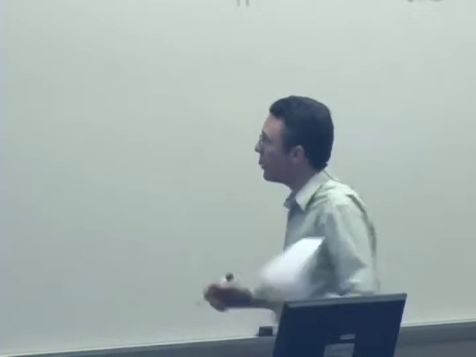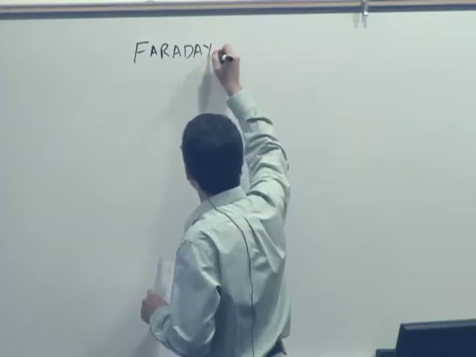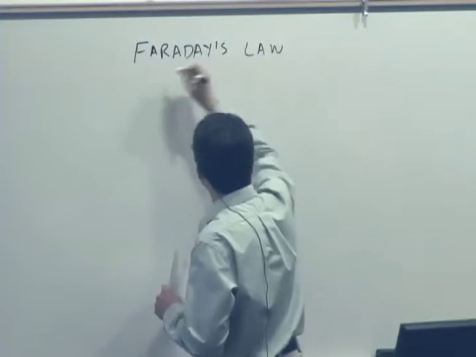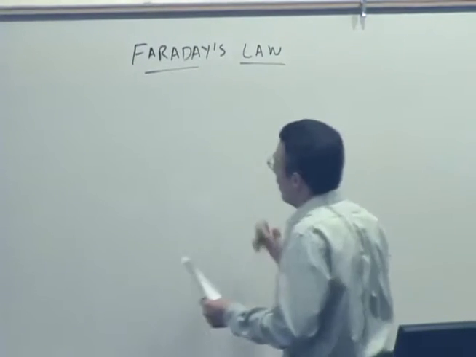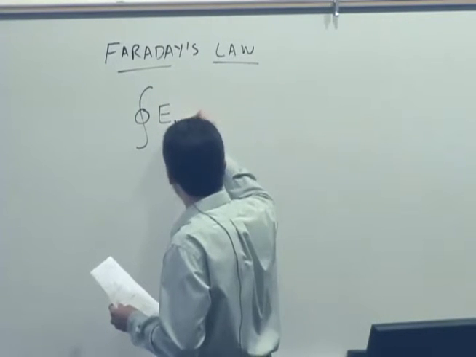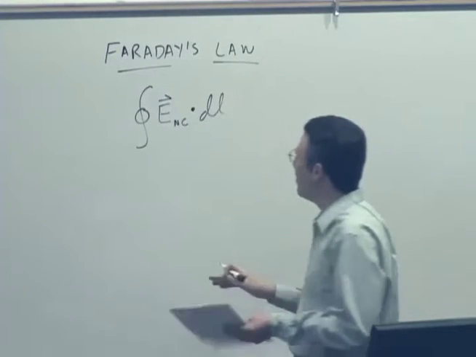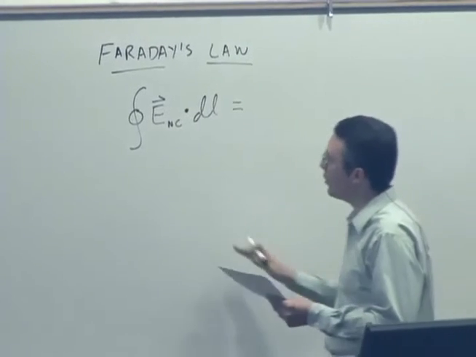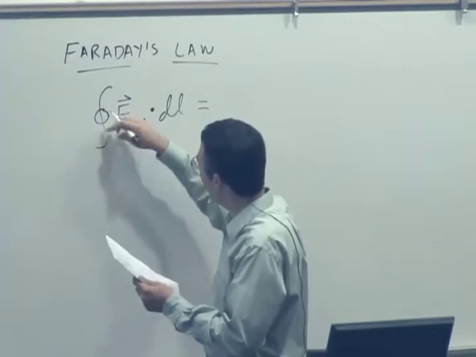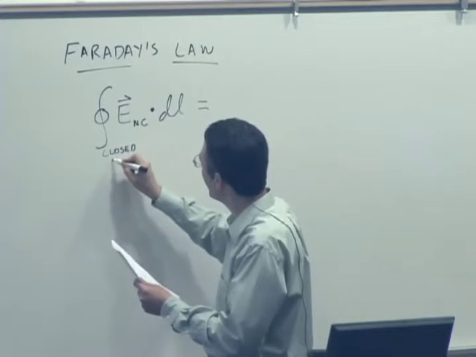But let's continue on first with Faraday's law, which we introduced last time. Which says that there's an electric field, and specifically a non-Coulomb or curly pattern of electric field associated with a changing magnetic field. So if you have a round-trip path integral of the electric field over a closed loop,